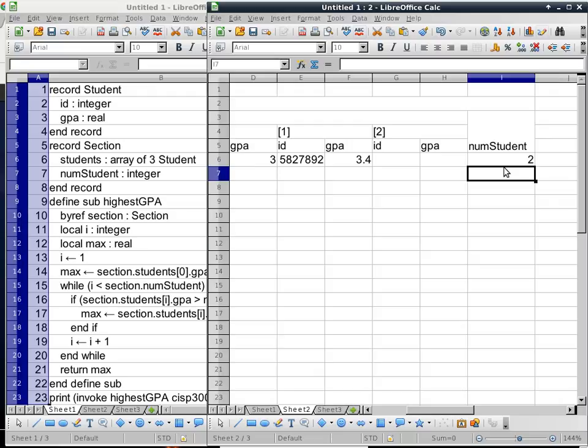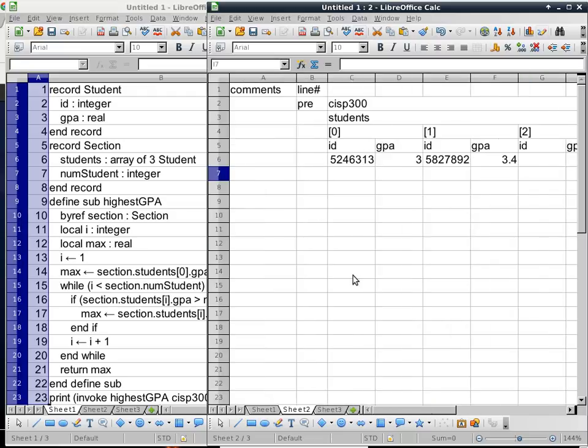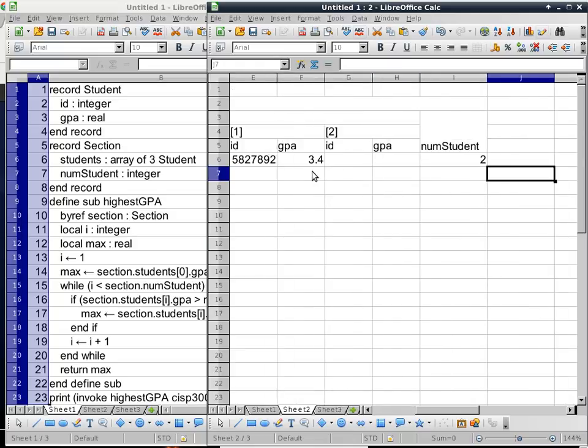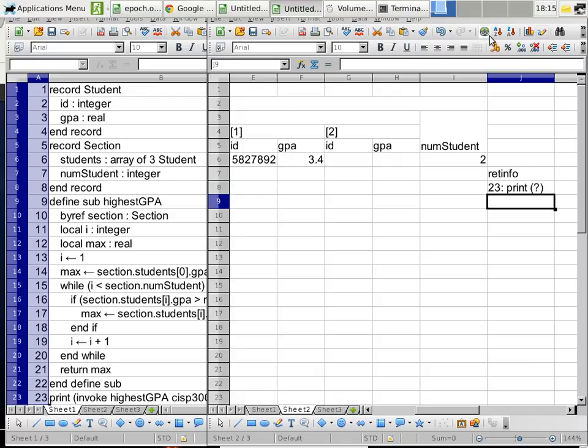Okay. So this is our precondition. Our precondition is pretty long. Then we can move on to the program, starting on line 23. Line 23 is going to try to do the printf, a print statement. But the print statement cannot know what to print until the subroutine invoke highest GPA is done. So now we need a return info because we are returning back to line 23 itself. When we get back to line 23 itself, all we have to do is to print the value that is